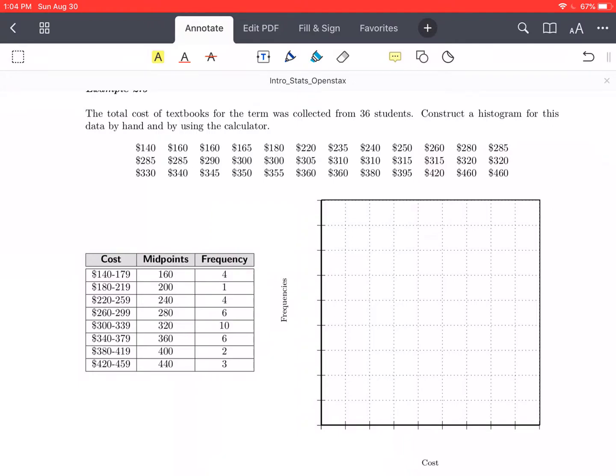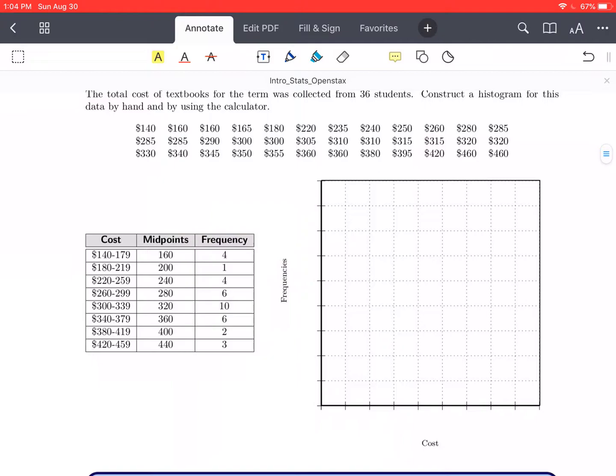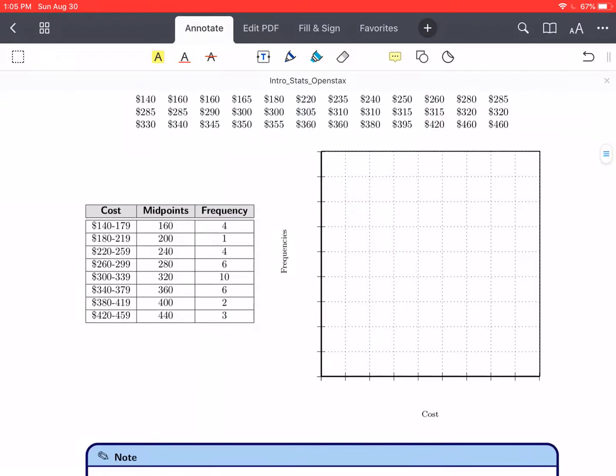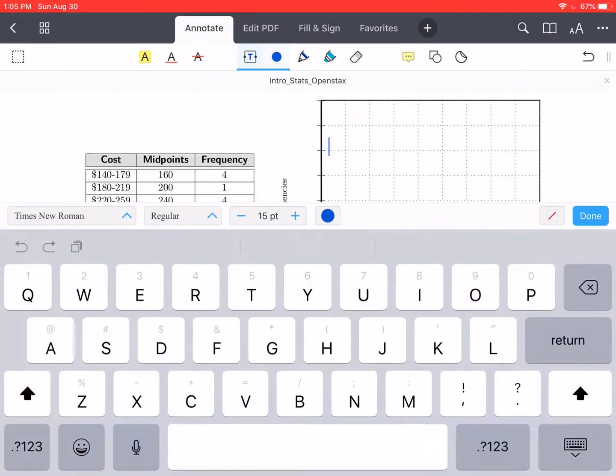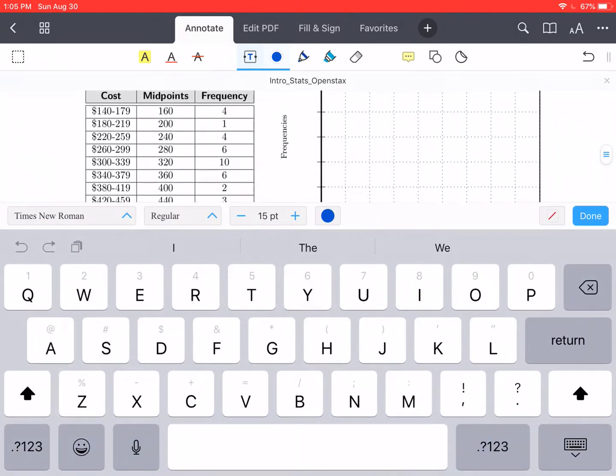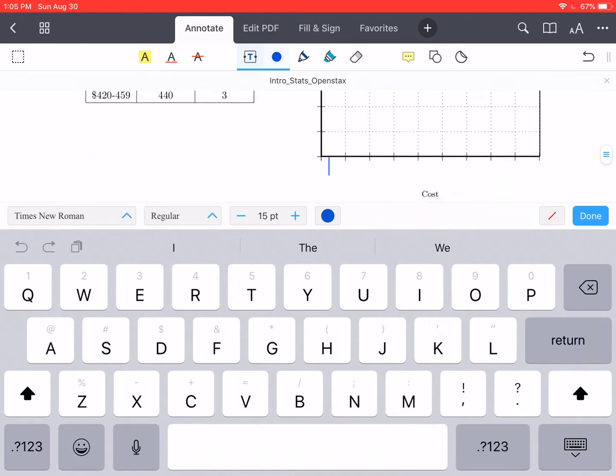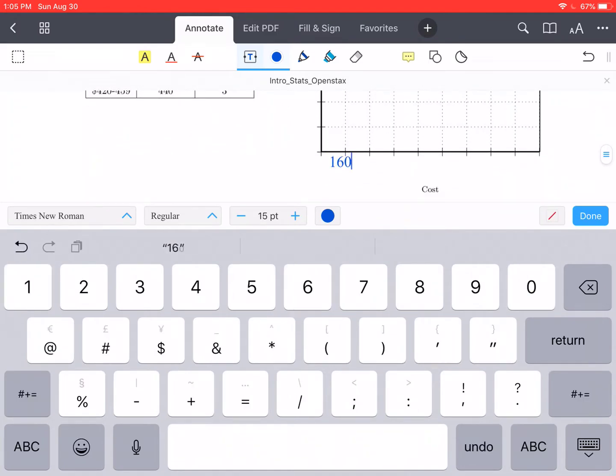Okay. So this data we were looking at earlier, right? We drew a graph for it. It was a frequency polygon, but now we're looking to do a histogram. So let's start with labeling our axes. So we're going to go ahead and label using the midpoints. Okay, so the midpoints, we're starting at 160 and counting up by 40s. So I'm going to start labeling. So that's 160,